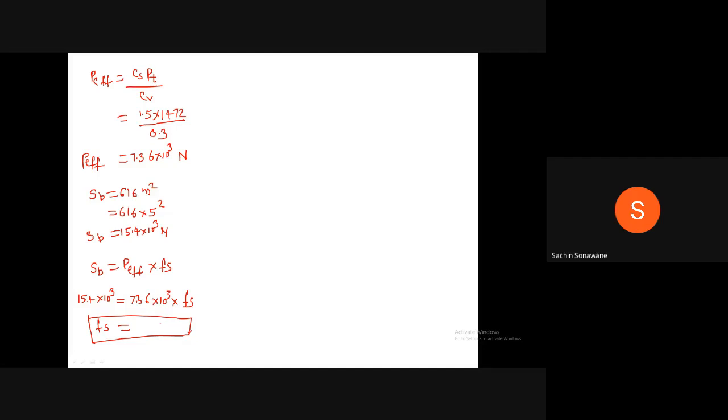What is factor of safety? Whether it is greater than earlier factor of safety, our earlier factor of safety was 1.5. 2.09. Yes, 2.09. And our earlier factor of safety was 1.5. Therefore, our design is safe. Therefore, you write down